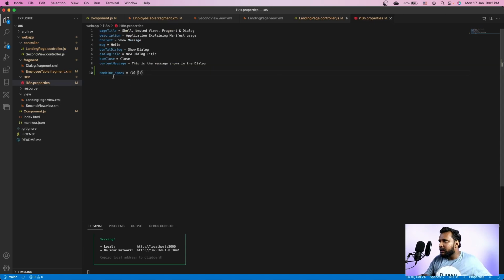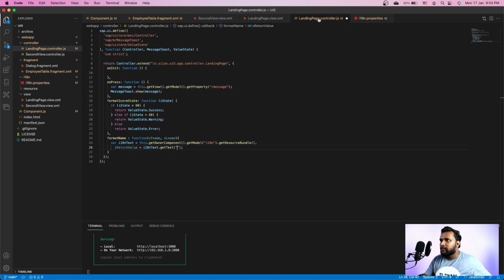The first parameter is the i18n key, which is combined names, and the second parameter is nothing but an array of parameters, which is fname comma lname. So we have our fname and lname over here. Let me save it, and all you need to do is return this sValue. So let me return it, save it.